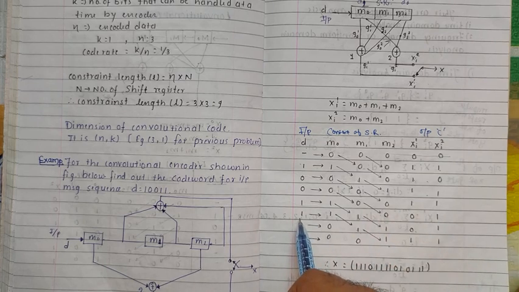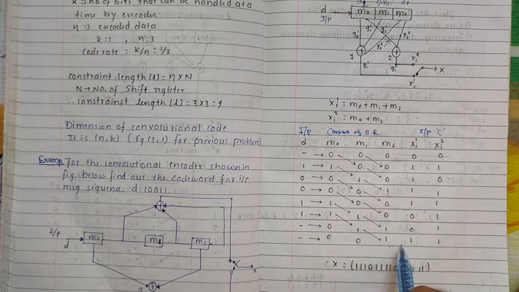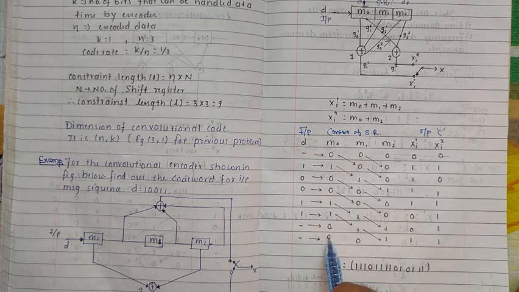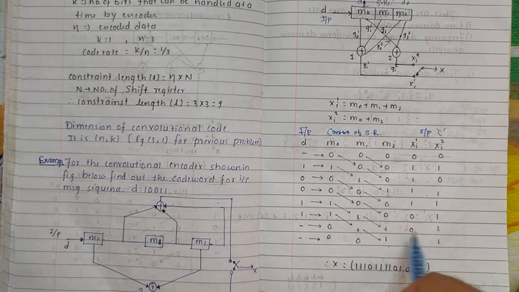Now after this, we are not applying any input, but the operation still continues. So this 1 will be coming here, since applying no input means 0 here. This 1 is shifted here, and this 1 is shifted here. Accordingly we get the output. And in the last case, applying no input, so here 0, this 0 is shifted here, this 1 is shifted here, and accordingly we get the output.